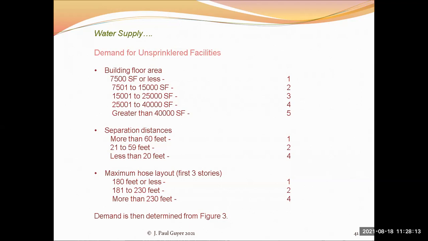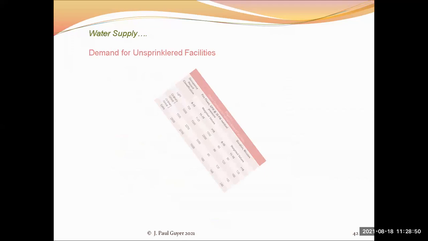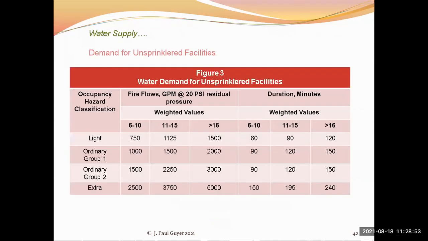Maximum hose layout, that's from the hydrant in the street to the pumper truck to the connection to the fire riser in the stairwell. 180 feet or less, 1 point, 181 to 230, 2 points, more than 230 feet, 4 points. So your building is awarded points on these scales. And then your building now has accumulated a certain number of points. And then in this system, you go to this table here,